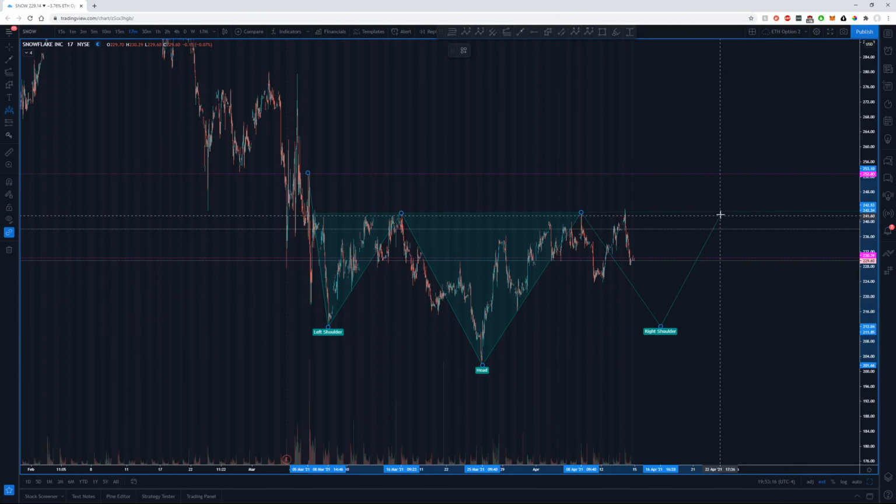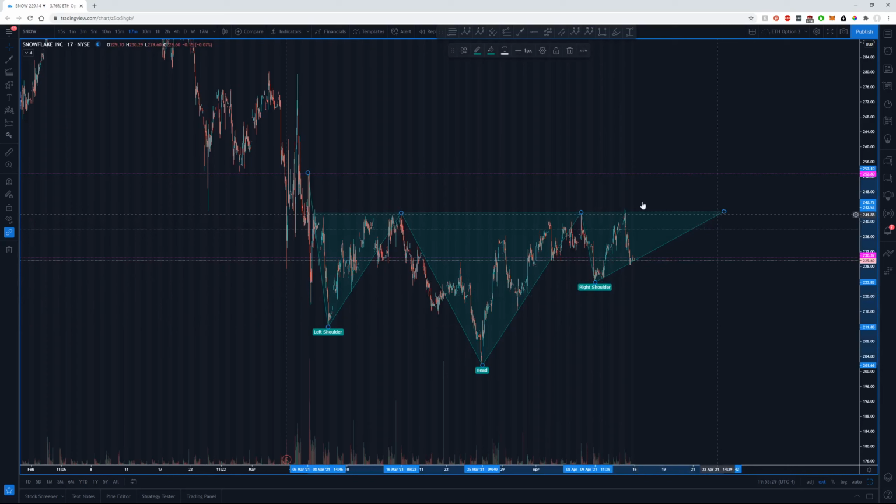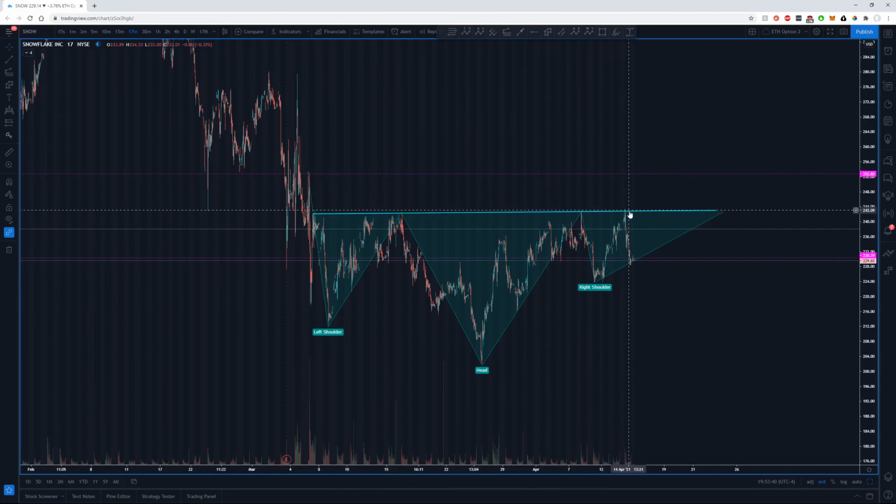And I'll draw that in just in case that is what's happening. Though it's possible that our right shoulder is actually already in and the bottom of it is right into here. So you'll want to have this neckline drawn onto your chart right here and look for a breakout play of it, just like with our head and shoulders. You'll want to look out for the breakout of this neckline right here for a play to the upside on